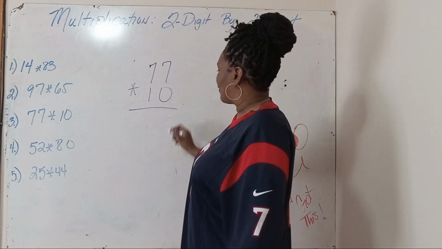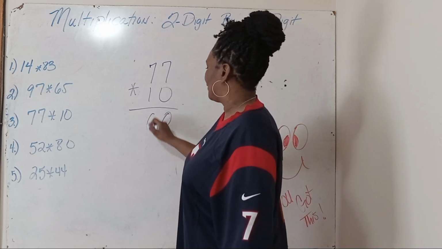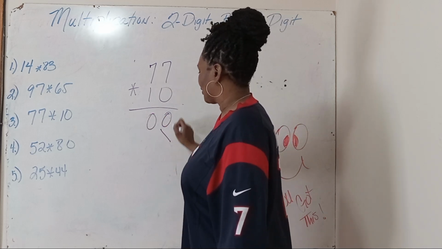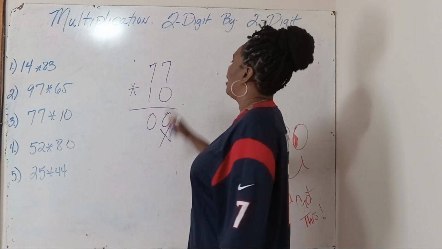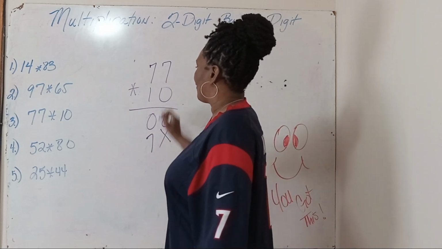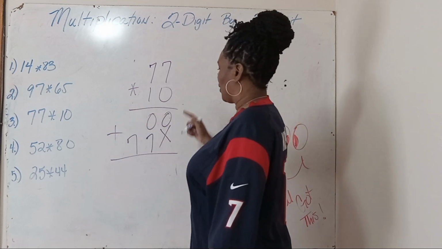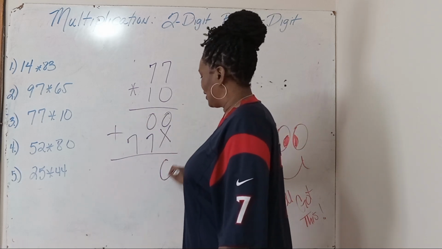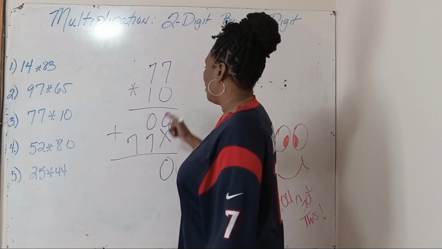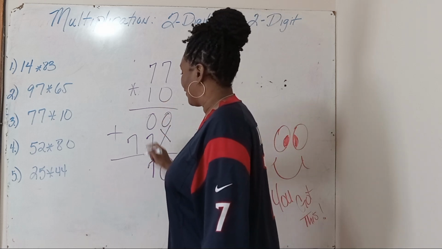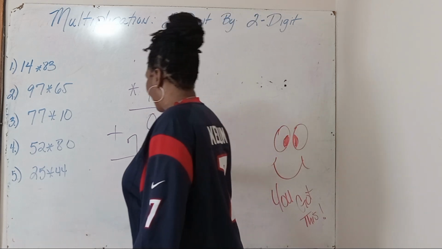0 times 7 is 0. We're through with this 0, so we're going to put an X. We're going to go to the next number. 1 times 7 is 7. We're going to add all this stuff together. 0 plus 0 is a 0. Remember, the X represents a 0. 0 plus 7 is 7. 7 plus nothing is 7. Our answer is